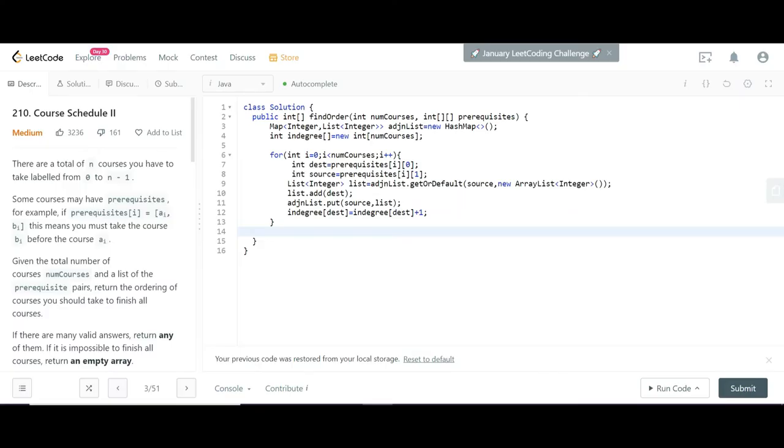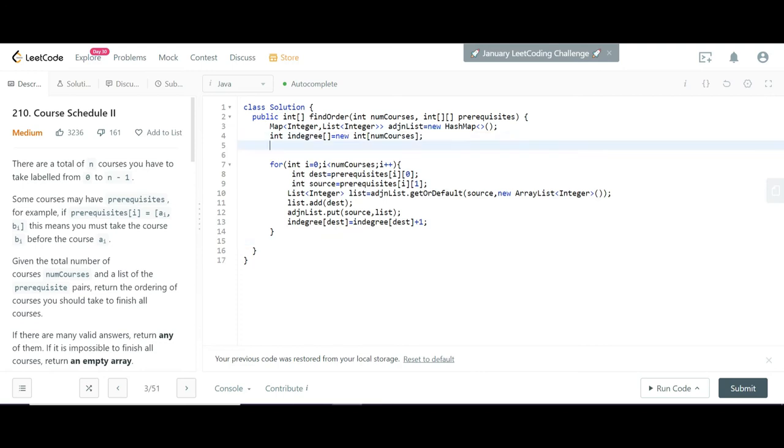So first I will define the topo sort resultant array as new int, which will also have the same length, number of courses. Now I will define one queue.